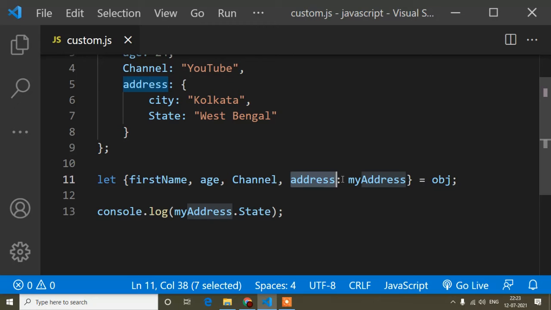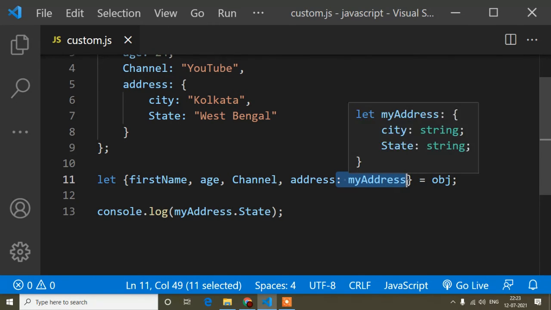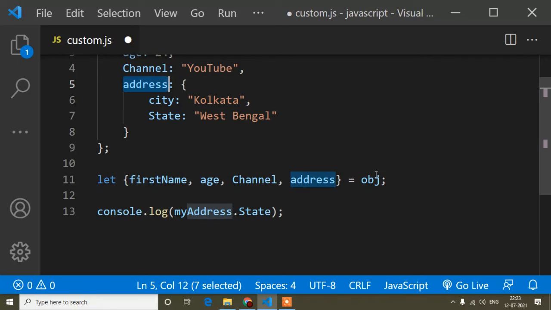And the second method is if I don't want to create an instance, I simply write the property name only, this address. I would suggest you don't need to create an instance, because if you create an instance, you have to write a little bit more code. If you don't create an instance, you can simply write the property name and call it. So now address is the property name.